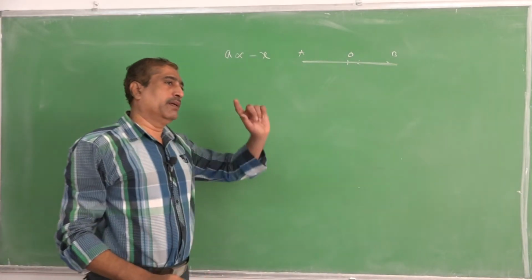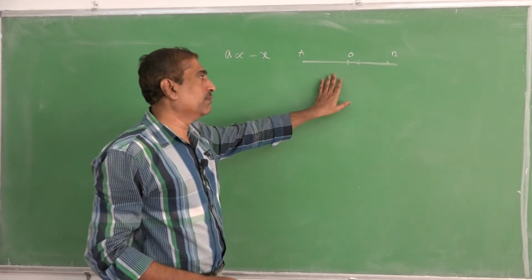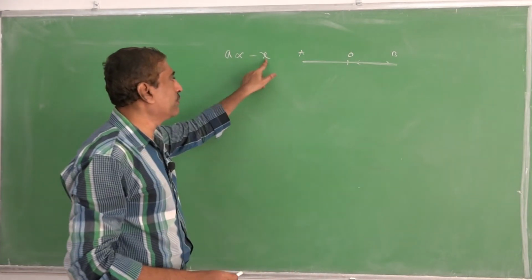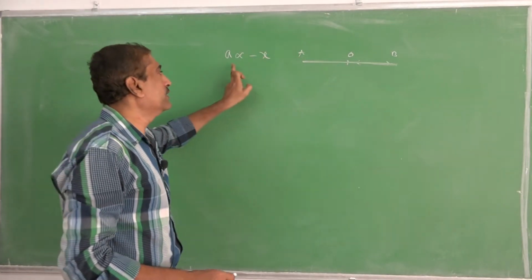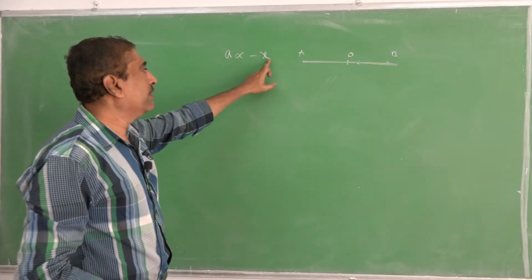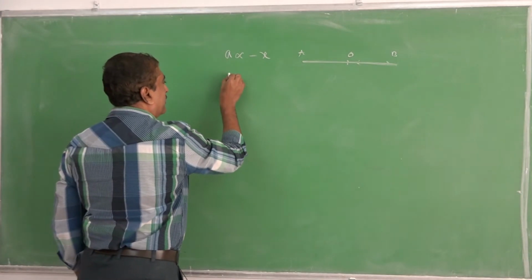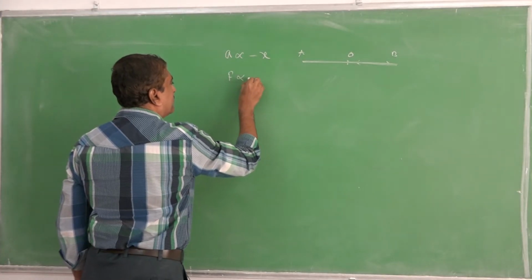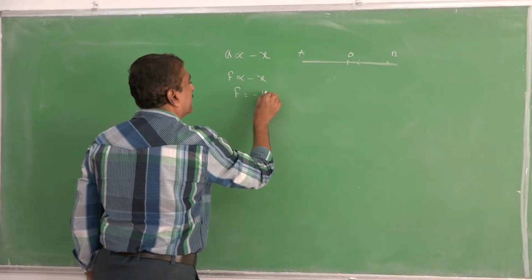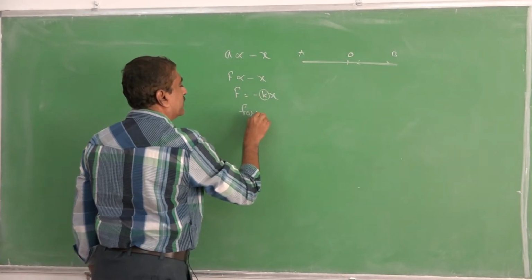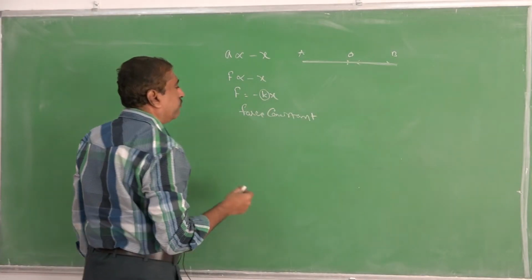As the motion of the particle repeats at regular intervals of time, it is a periodic motion such that its acceleration is proportional to its displacement from this fixed position. This is the mathematical form to represent simple harmonic motion. The equation can also be written as F is proportional to minus x, or F is equal to minus kx, where k is called the force constant. Remember this point.